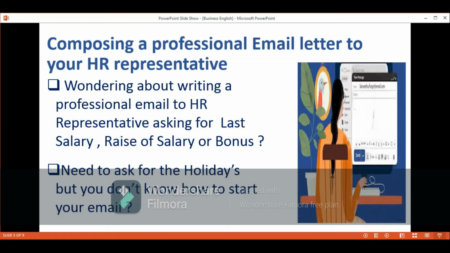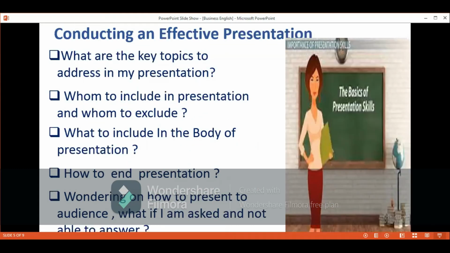Okay, if you need to ask for the holidays, if you need to ask on the bonus, you need to ask as well on setting a vacation, whether to communicate to HR or to the direct manager, how to communicate. That's again in Soft Academy. We're going to show you the sort of communications, how to communicate and how to ask for that holiday or for that raise or that salary, the right to have, without leaving a bad impression or not feeling that you're shy about asking them.